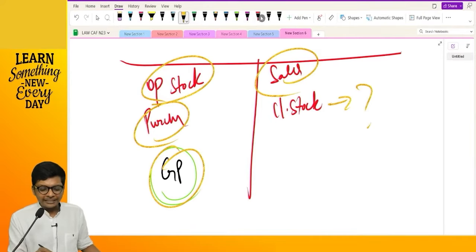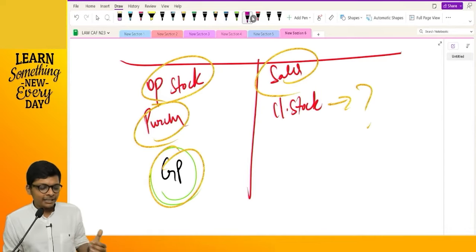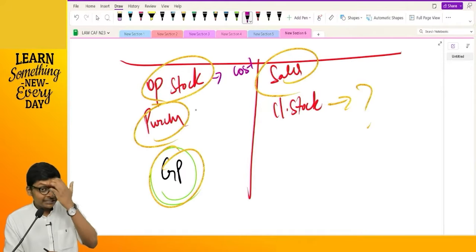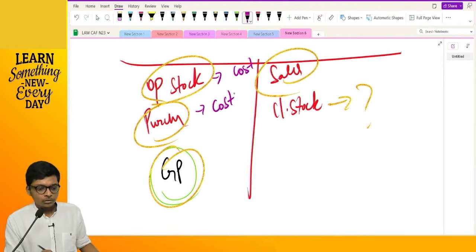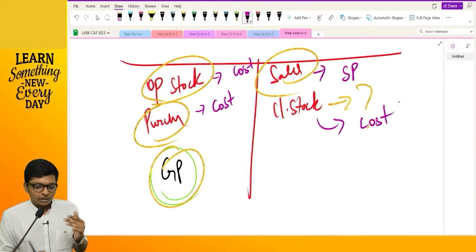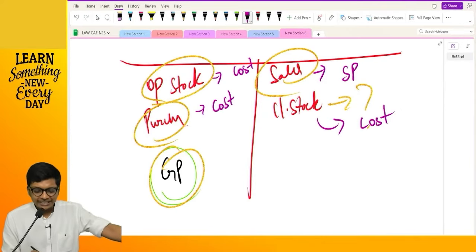I will give a hint. I just want to know how many of you are able to do without my help. Then I will start helping. Opening stock is valued at cost or selling price. Purchase, sales, cost, closing stock, cost or NRV, whichever is lower. That means opening stock will be valued at cost, purchase will be valued at cost, sales valued at, closing stock valued at,